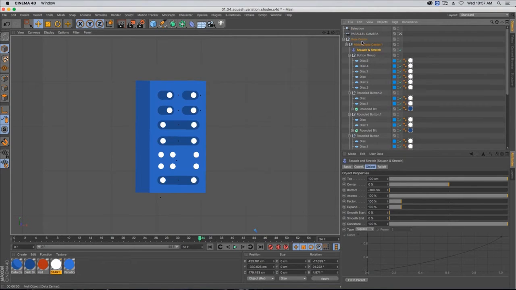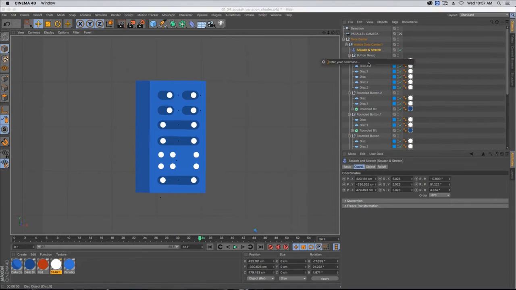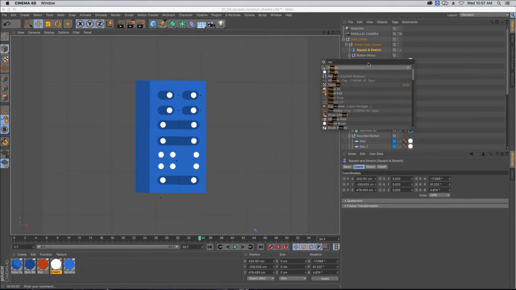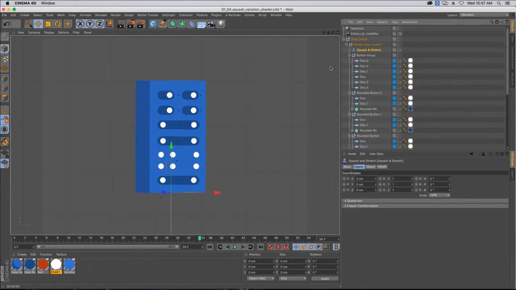I'm just going to place this in my hierarchy, and what I need to do is zero out the coordinates here. So I'm going to hit Shift-C to bring up my Commander, and this is great to be able to select different commands and stuff like that. So I just want to do Reset PSR, so I'll type in Reset PSR and click that,